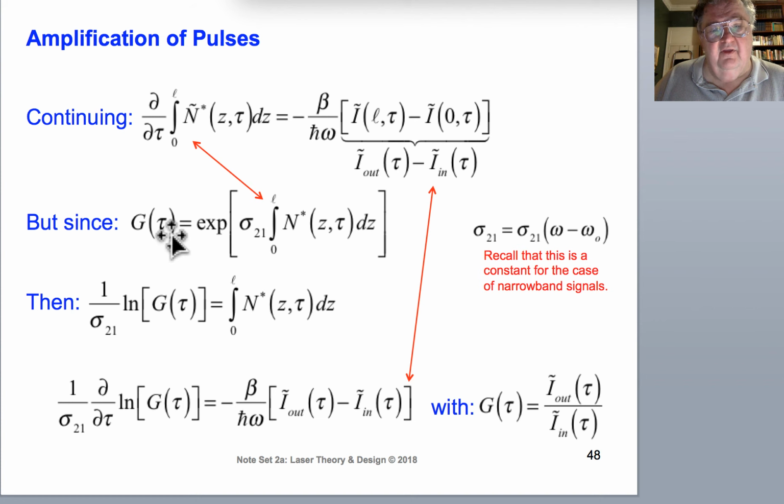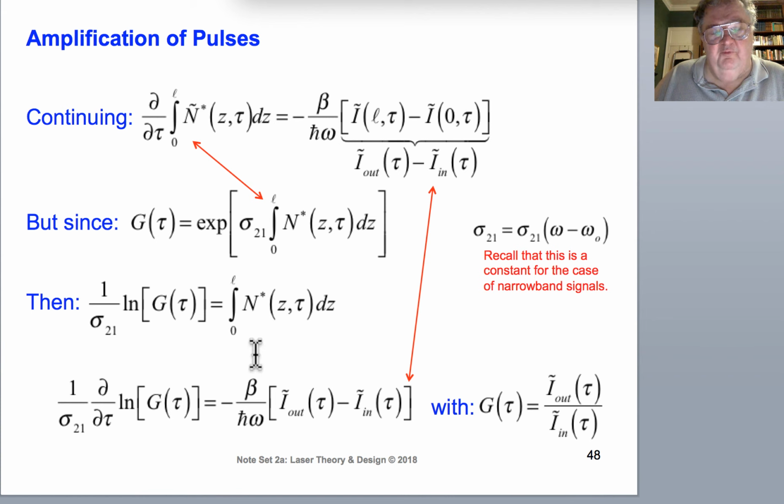That means if I take the log of both sides, the log of g divided by sigma 2 1 is equal to the integral of the log of the exponent. It just undoes. The log of the exponential function is just the exponent, right? So now I differentiate this. And I know that the integral is